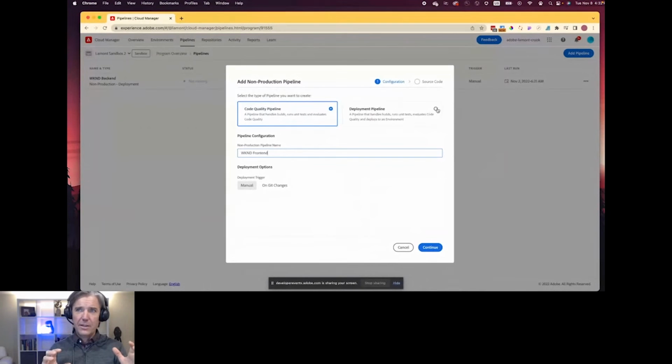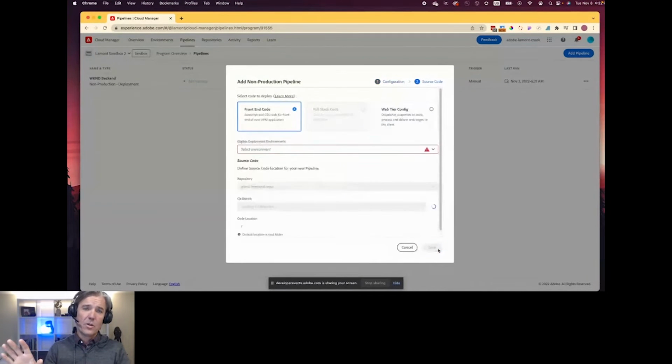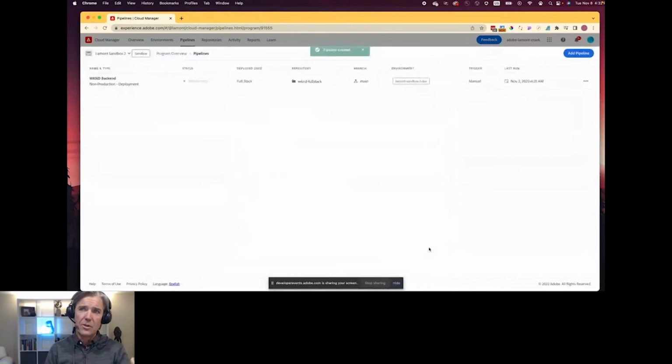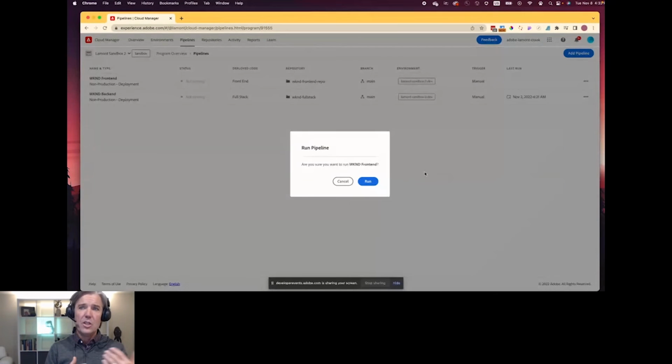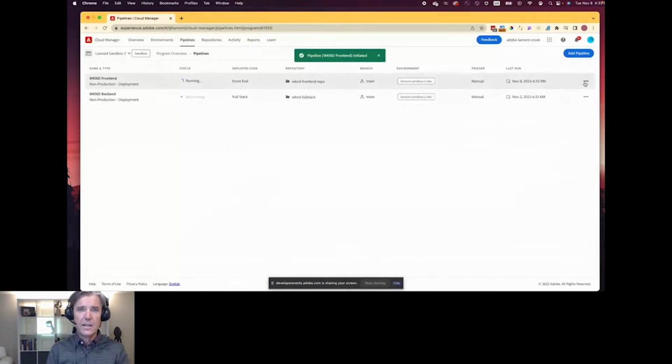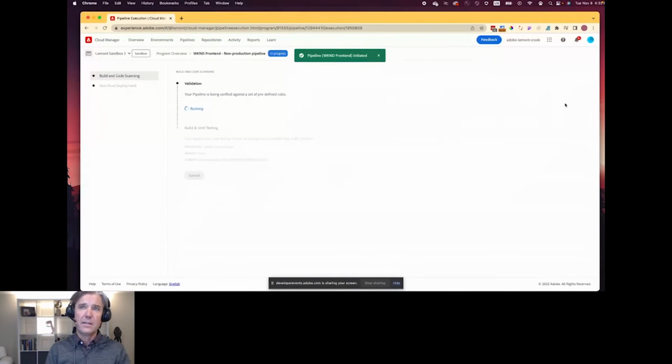There's a variety of different kinds of pipelines, code quality, and then of course deployment pipeline, which we're looking at here. And then when you choose deployment, you can choose web tier, full stack, and front end. And so as long as you've enabled front end and you have those Sling configs, you can then deploy to that front end library.